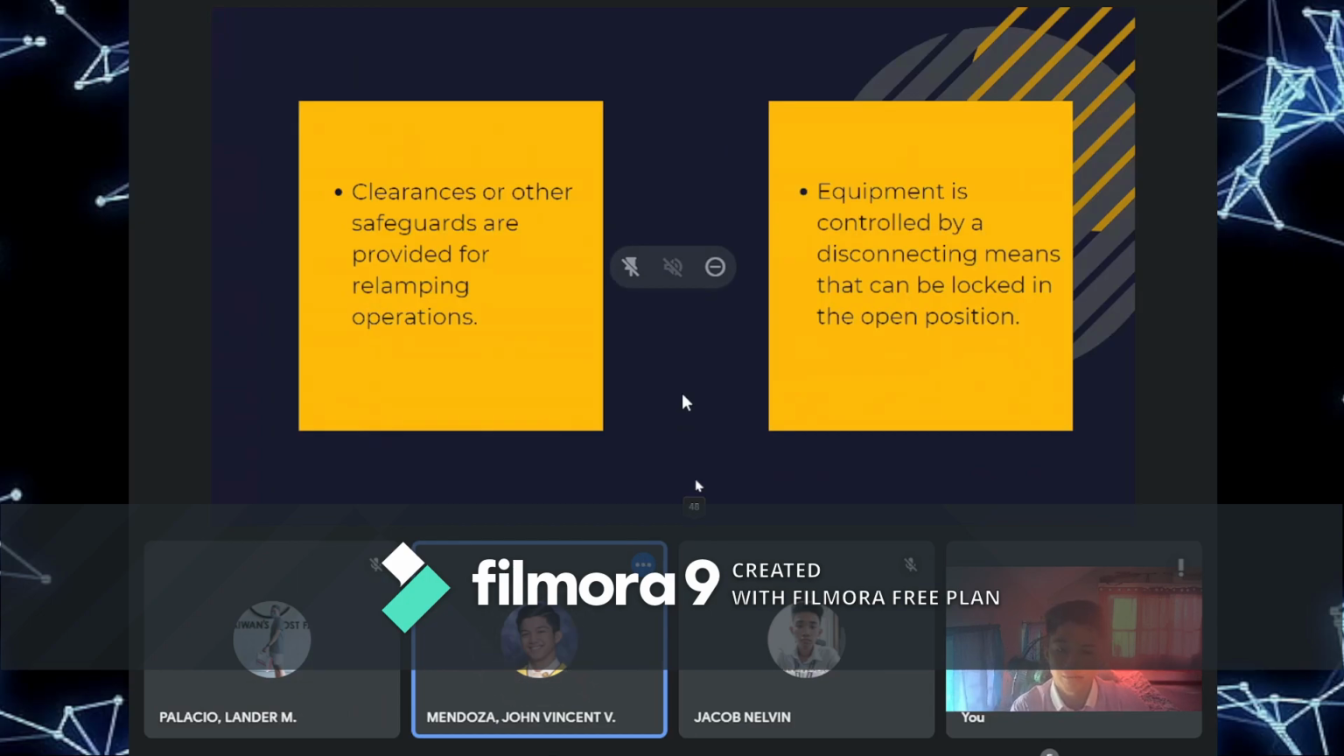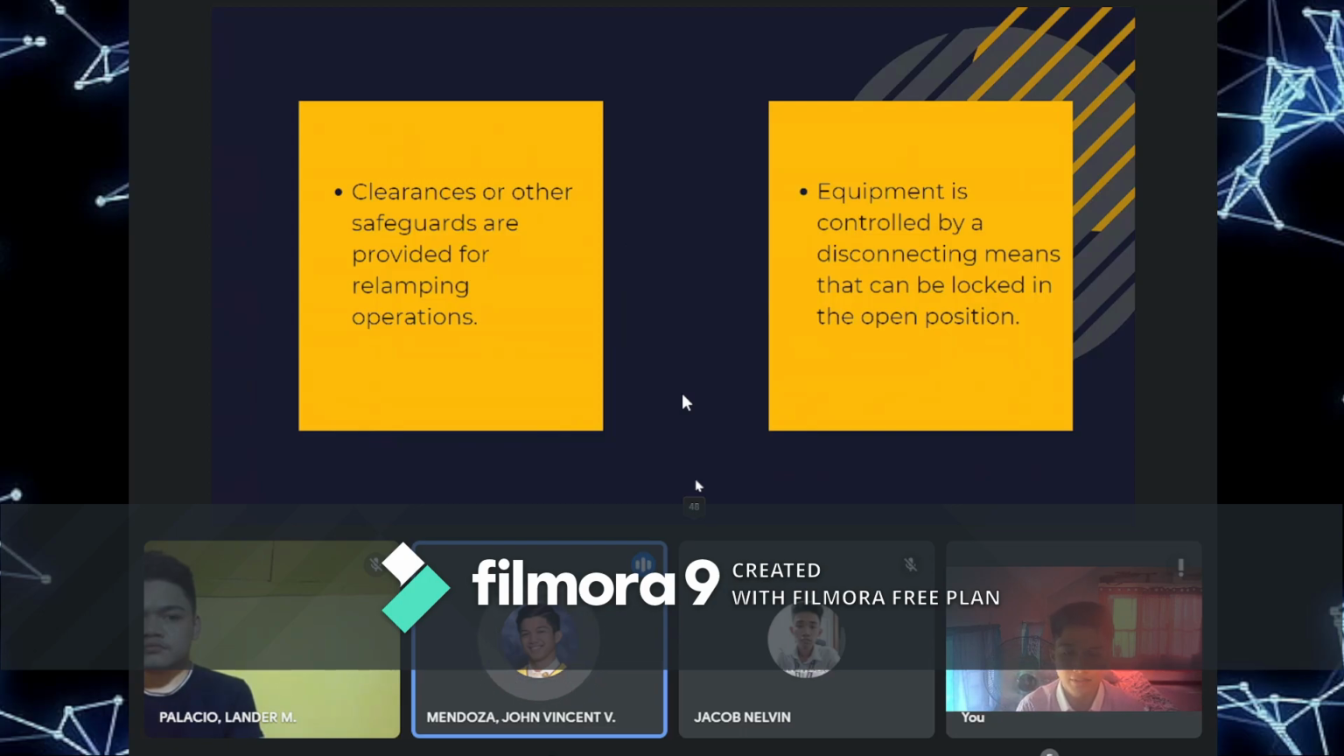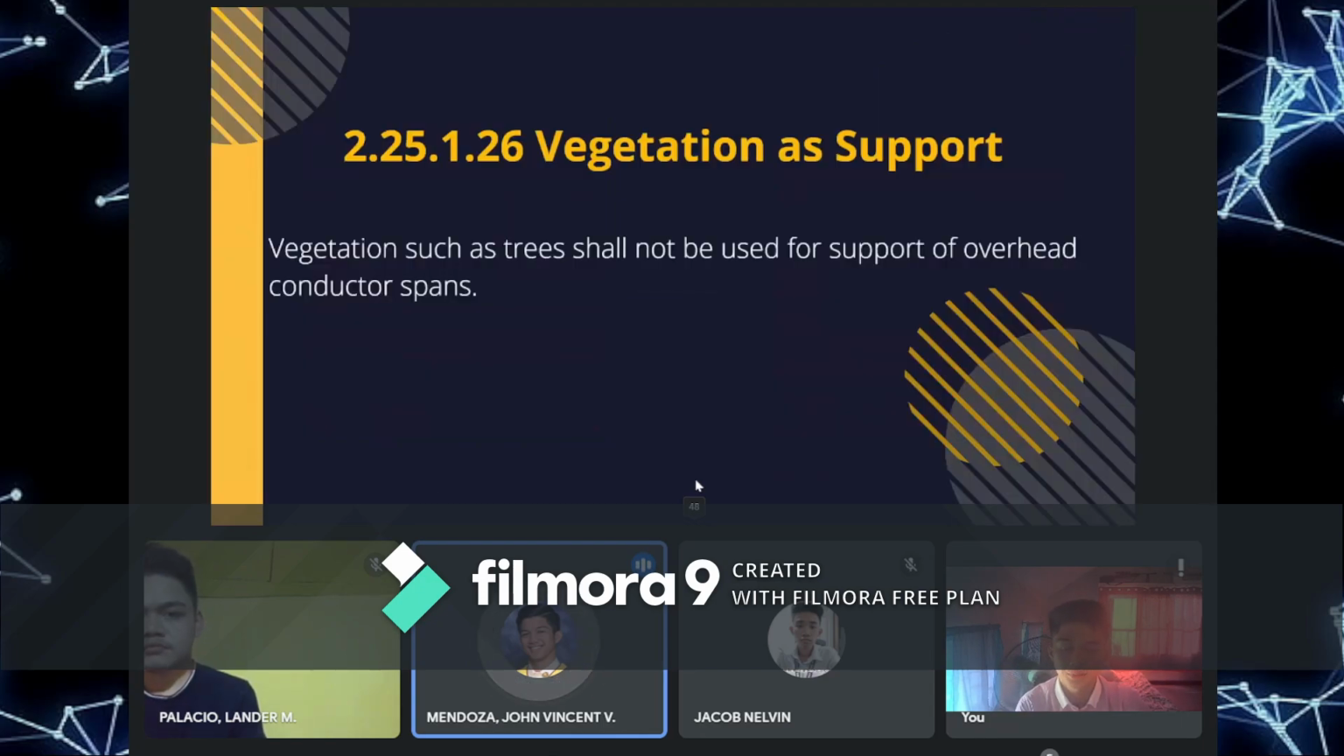So yung location of outdoor lamps, meron tayong dalawa which apply. First is yung clearances or other safeguards are provided for relamping operations. Pangalawa is equipment is controlled by a disconnecting means that can be locked in the open position. So yung sabi sa pangalawa is ito yung terminal block na mabibili natin or makikita or kasama sa bibilhin nating mga lighting fixtures. So ang use nitong terminal block is para madali natin siya ma-connect without splicing the wire. Next, lipat tayo sa